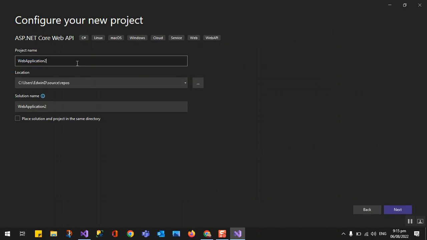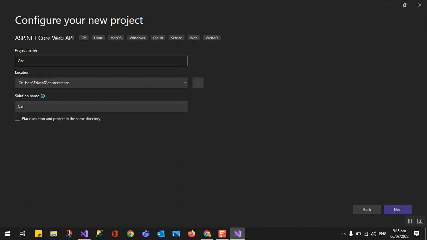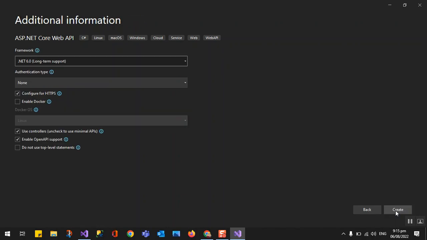So my project name would be car booking API, and the solution name would be car booking application or car booking app. Okay. So clicking next,